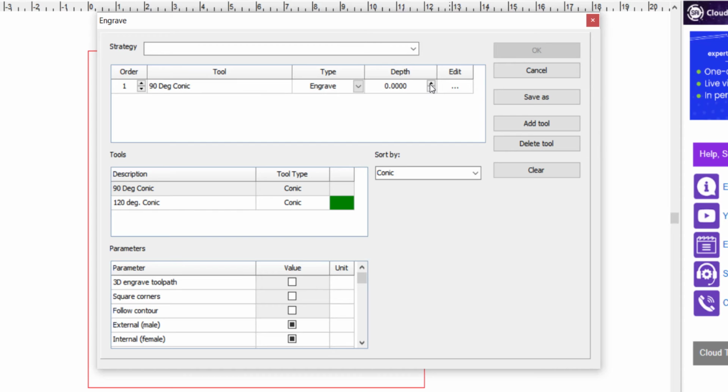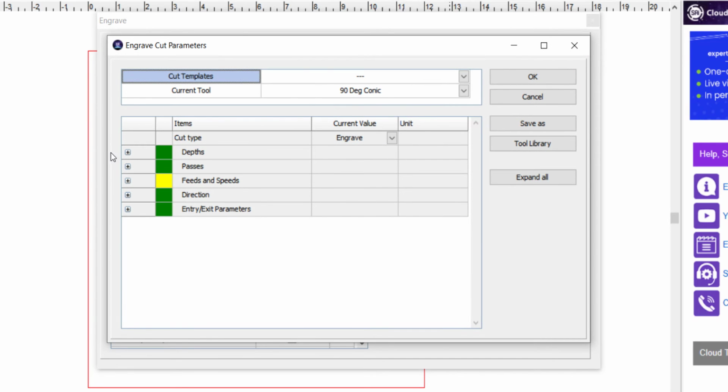Now your maximum depth on your conic, if we look at it, it's a 1-inch diameter, so the maximum depth would be a 1/2 inch. I'm going to just set this to 0.4. Okay, so I have my 90-degree conic, I have it at 0.4, and I'm going to go in and edit my